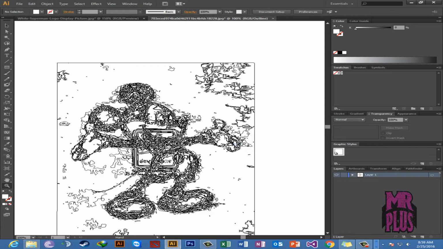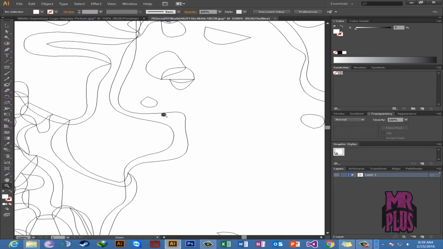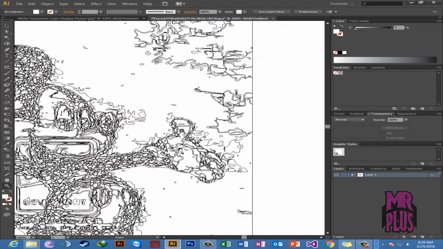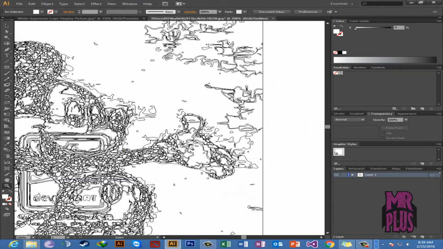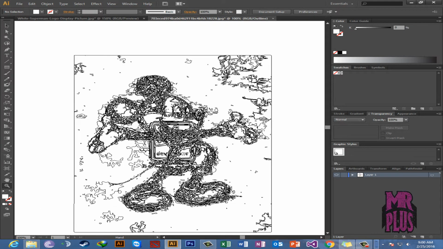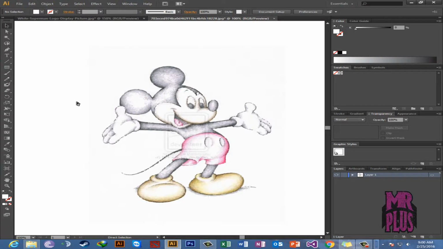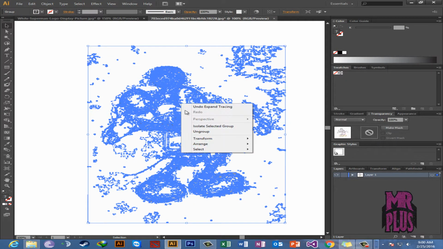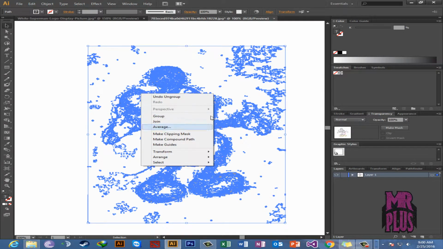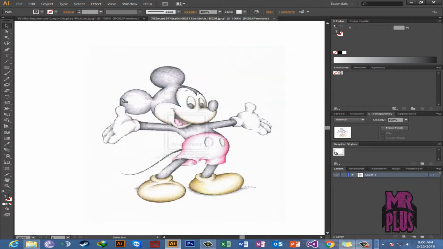As I chose high fidelity photo, you can work around. I really recommend that you don't use high fidelity photo in many cases, but play around with it and see what's best for you. I'll be having a pretty hard problem converting this image into a vector one. It's not converted into a vector one as of yet. I'm going to ungroup it,